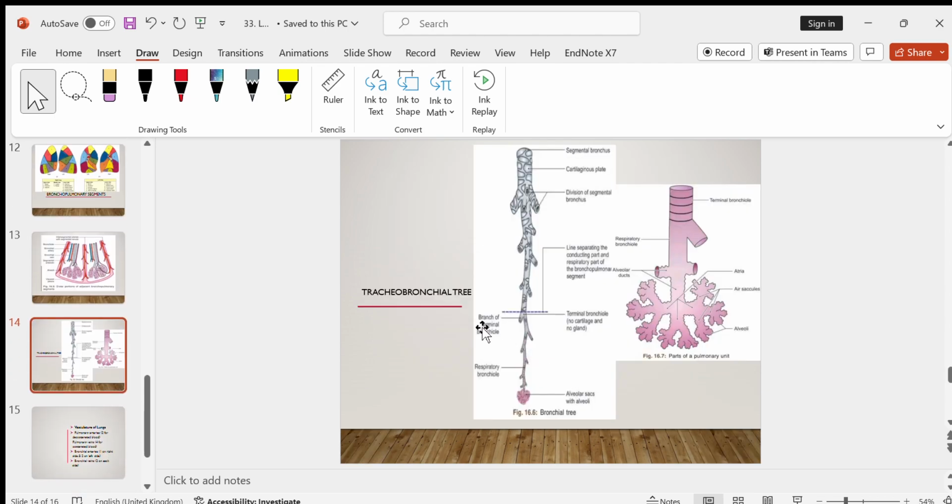The tracheobronchial tree is such that the trachea divides into the principal bronchi, which further divide into bronchioles. This is the bronchus, which further divides into segmental bronchi. They further divide into terminal bronchioles. The diameter of the terminal bronchioles decreases, and it becomes a respiratory bronchiole. The respiratory bronchiole